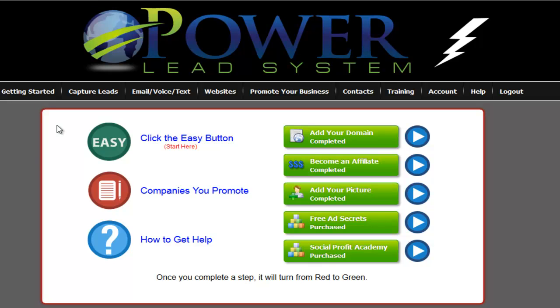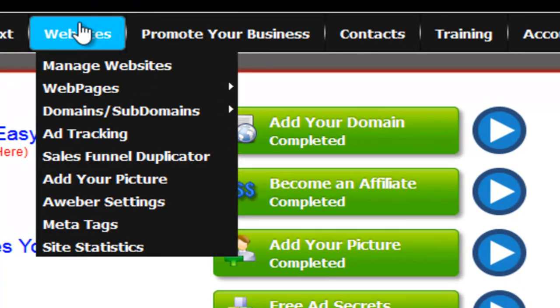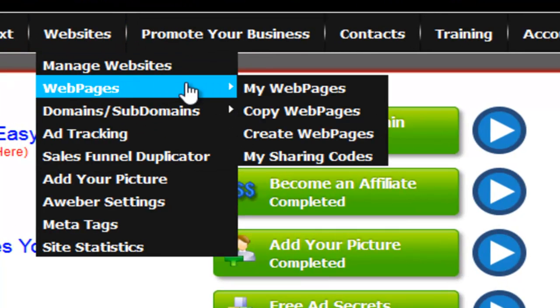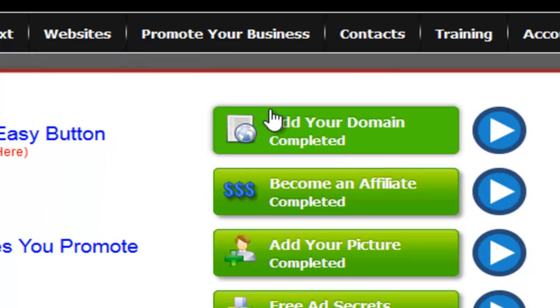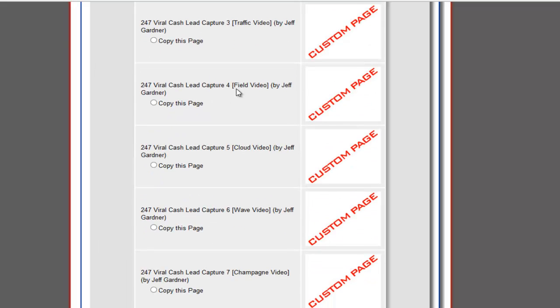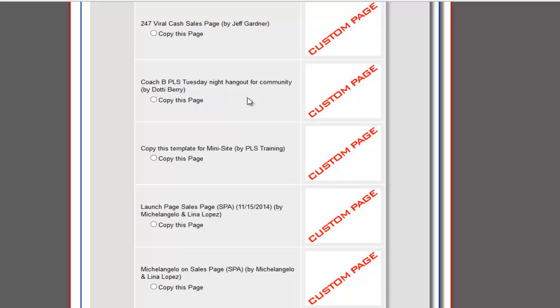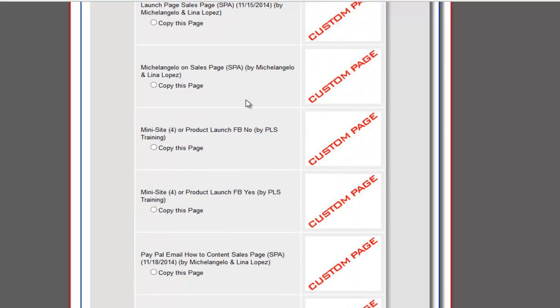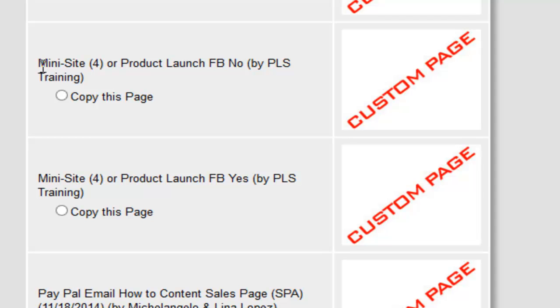So the first thing that I need to do is find the template that I'm starting with, and I'm going to copy that template so I can start creating my mini site. So here's what I mean. I'm going to hover over websites, hover over web pages, and click on copy web pages. I'm going to scroll down, and the one I want to copy is right here. It's called minisite, and the number 4,